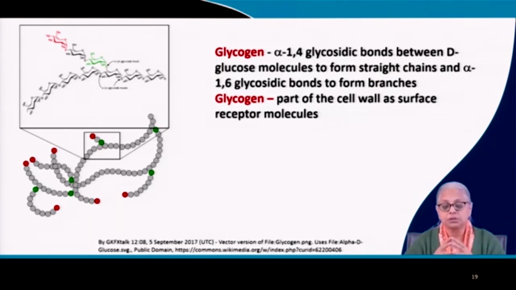And then we come to glycogen. Glycogen has a mix of alpha 1,4 glycosidic bonds and alpha 1,6 glycosidic bonds. Now it's a part of the cell wall, it's a surface receptor molecule, and it is branched. So the straight part of the molecule is made by alpha 1,4 glycosidic bonds, just like starch, and wherever there is branching, that is the alpha 1,6 glycosidic bonds, and that is the difference between starch and glycogen. So this is again a very interesting point in